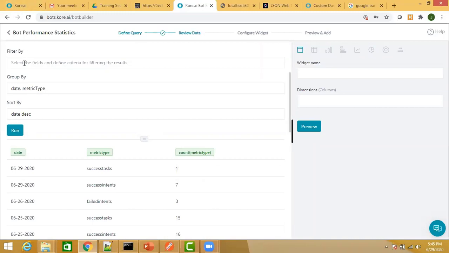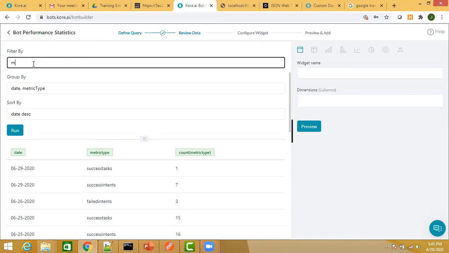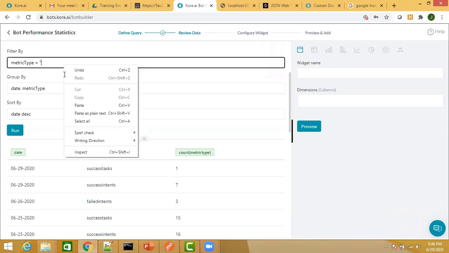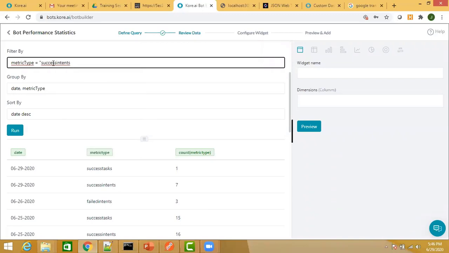If you want to filter by, so you want just to see the failed intent and the success intents. You don't want to see the number of success task and failed task. Okay, so you can filter on the basis of that also. So you can say metric type equal to, and copy this particular value from here. Okay, and